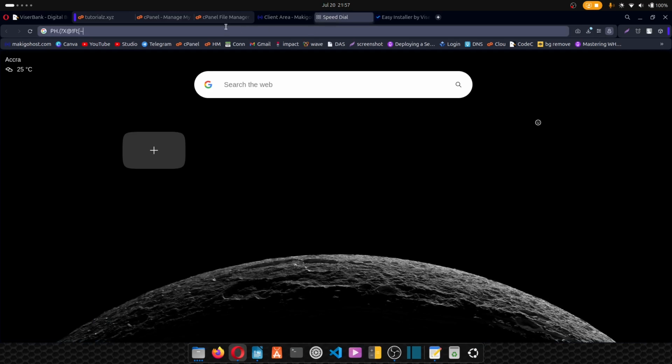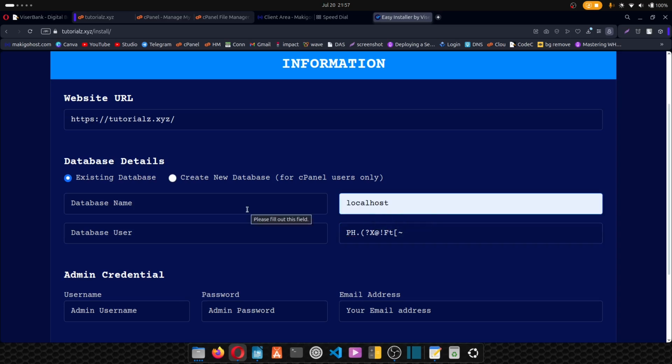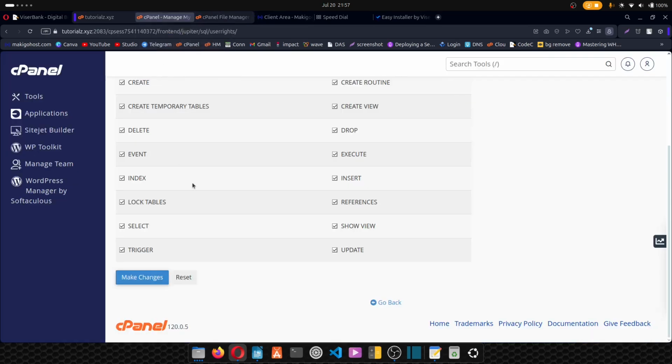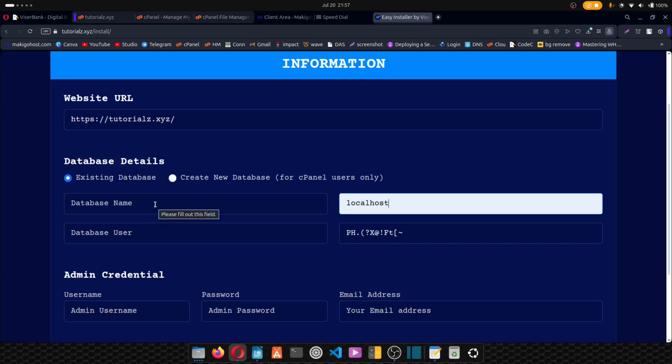So copy the password that asks you to save it somewhere safe, copy that, come here, make sure you paste your database password here. So click and paste it there. Next, our database host. Here usually we enter localhost, so just click and type localhost. Now your database name, just go back to where you created your database, click, scroll back to the top and copy your database name here, copy, go back to the installer and paste that here,